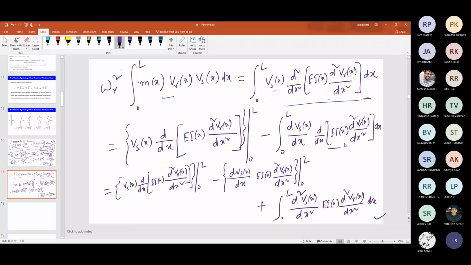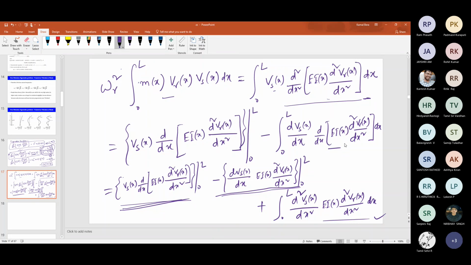Okay. Now this is the integral term and this is the boundary term, from 0 to L. Now look carefully. For any set of boundary conditions, for simplicity let us say a fixed beam, this boundary term will vanish. For cantilever you can see, for simply supported also you can see. Just try to see, this will vanish. Just check it.